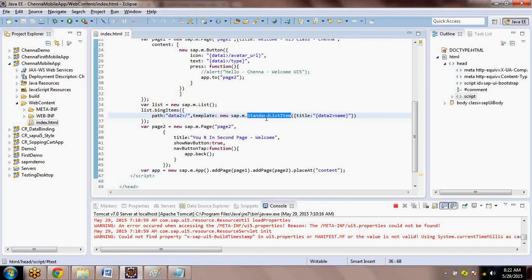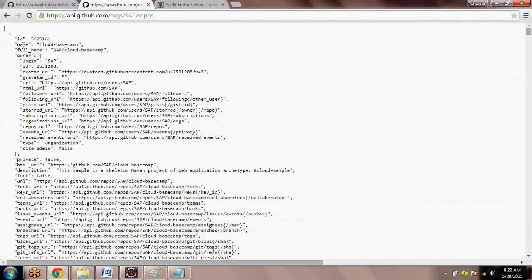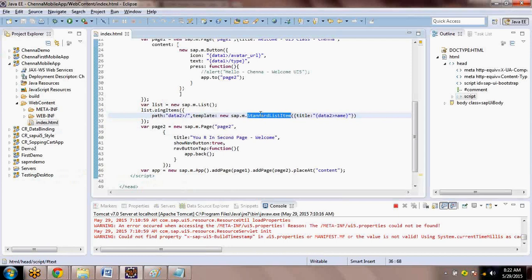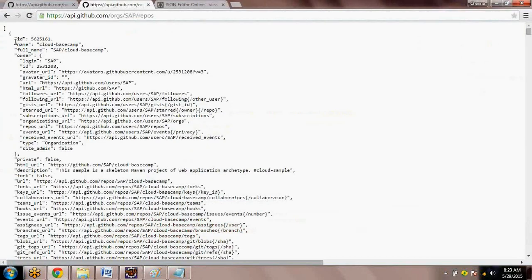Why am I converting into a standard list item? If you see here in the JSON, everything is a string. Therefore, I am converting into a list type, a list object. That object I am trying to put in the list. You need to understand the JSON concept. Anyway, I'm going to cover in detail how to construct and create the JSON tomorrow.